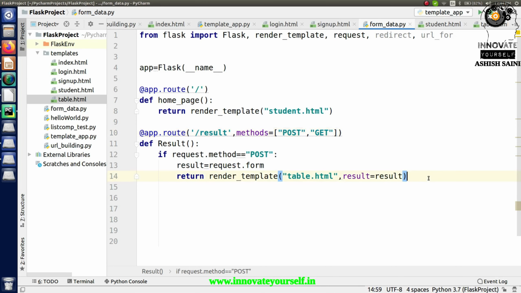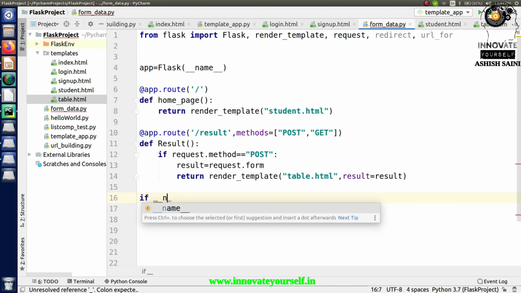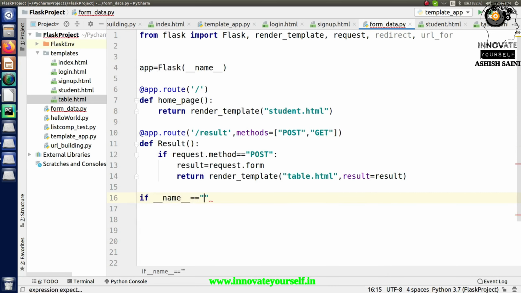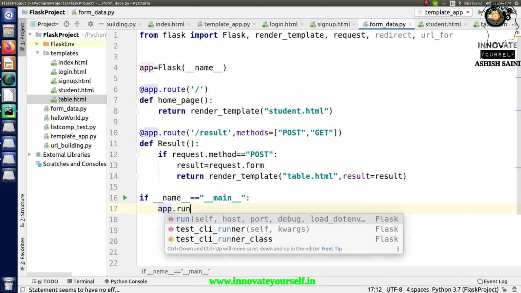Yeah, one more thing is left, and that is I need to call this up, right? So just run the application, otherwise it will not work, right?